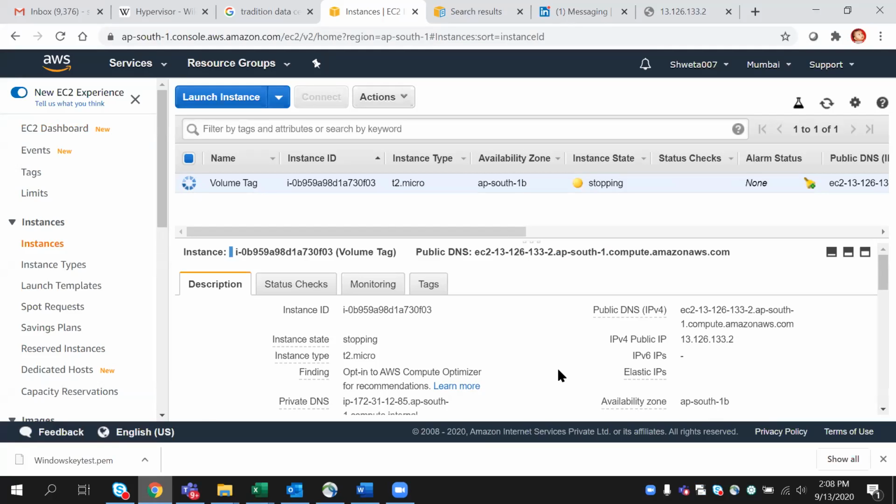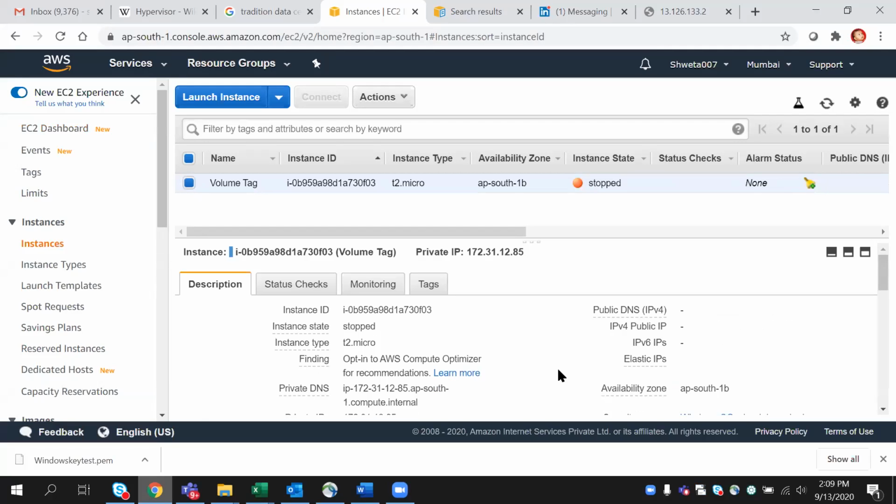So in the next session, we'll be using this CLI to do a couple of things so that you can have an understanding. We have already used the console, and now we'll be using the CLI tool as well to access our resources in AWS. There are various ways to access it: using PowerShell, using the SDK, and a lot of features we have. So once we are able to connect to it, we'll be